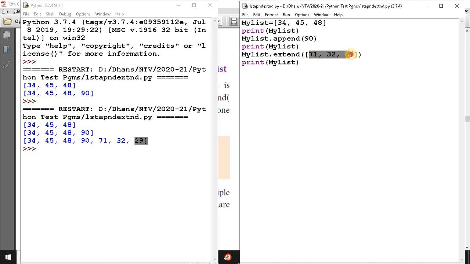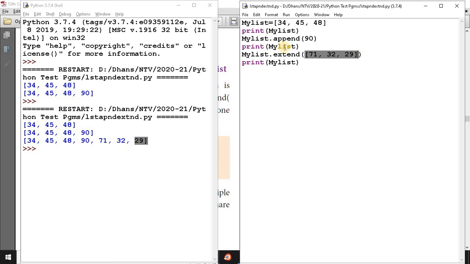These values are appended one by one at the end of the existing list. So the extend function is used to add more new elements at the end of the list. The list of values must be separated by commas and enclosed within square brackets.